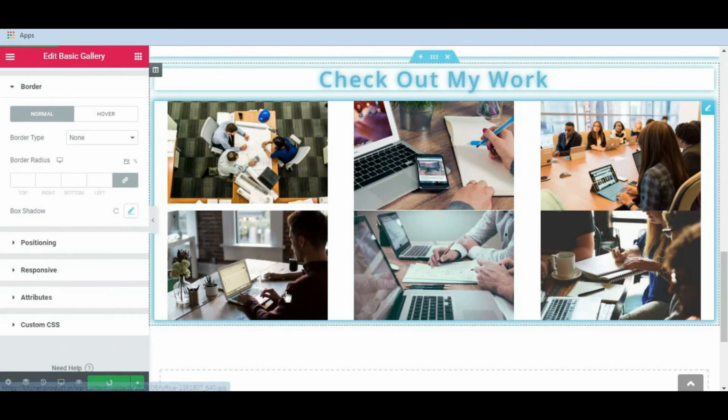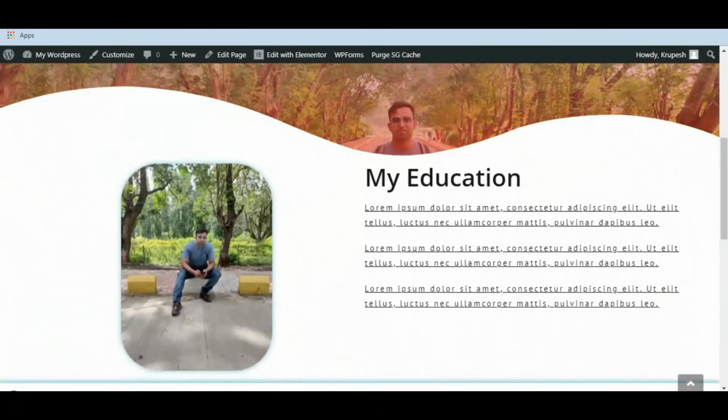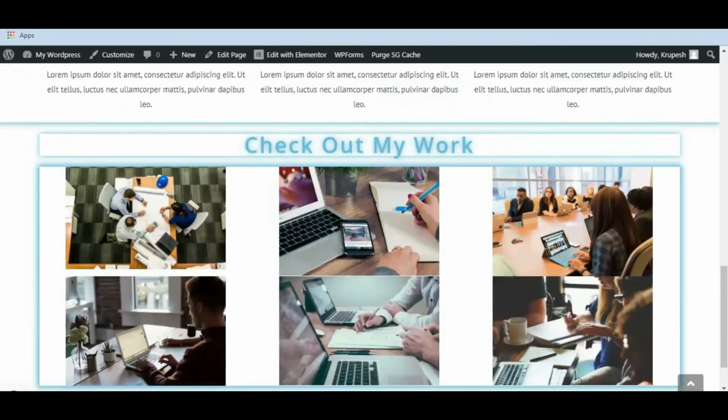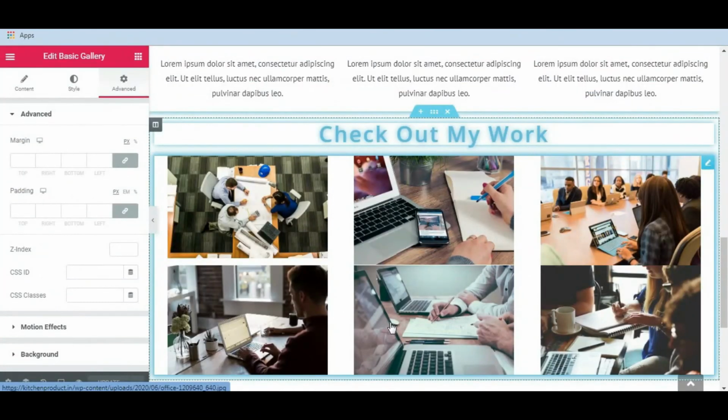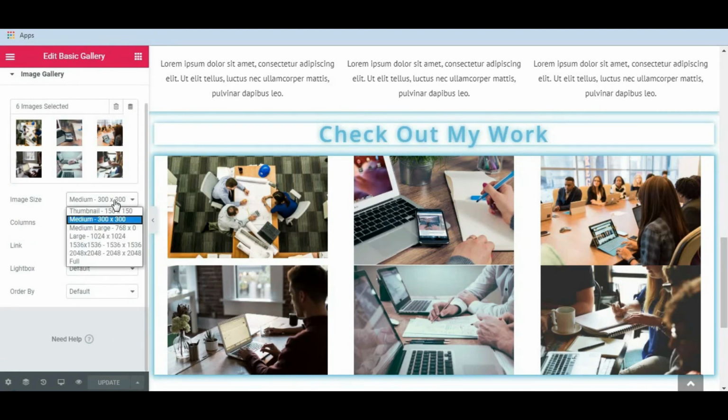Now let's refresh the page. There it is. There we go. It looks so awesome. You can also change the image size. Just click on the edit pencil. Go to the content. Here it is. Image size. Let's make it large.